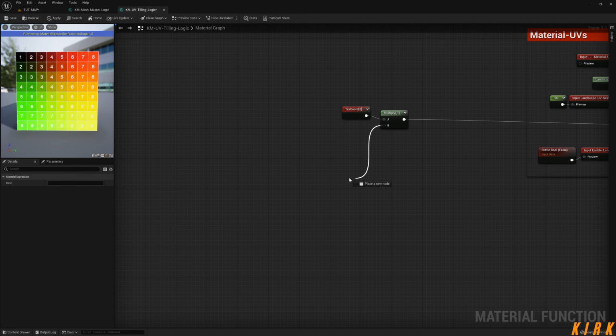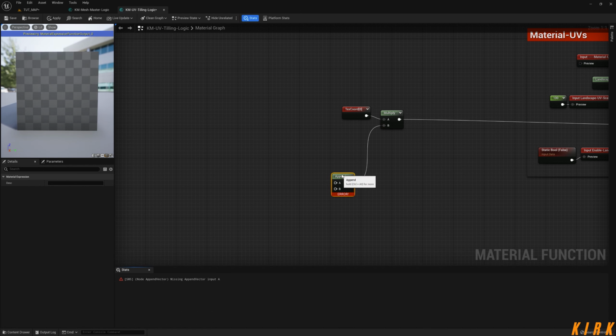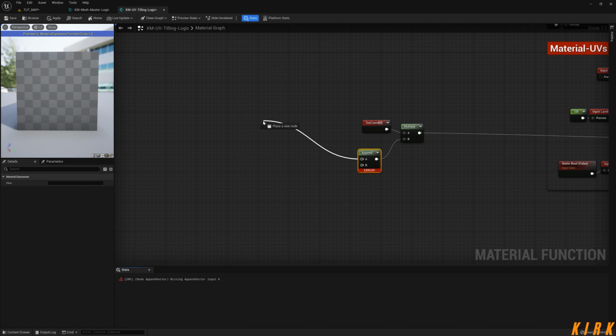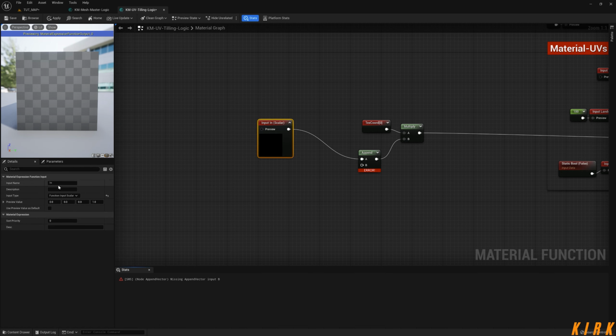So I'm going to drag off our B input of our multiplier and just type append. Get the append vector in here. You'll see we get an error, but that's fine. It's because there's no input. Okay, so we're going to drag off this A of the append vector and type input to get a function input. We're going to leave it at a scalar parameter, and we're going to call this UV texture scale